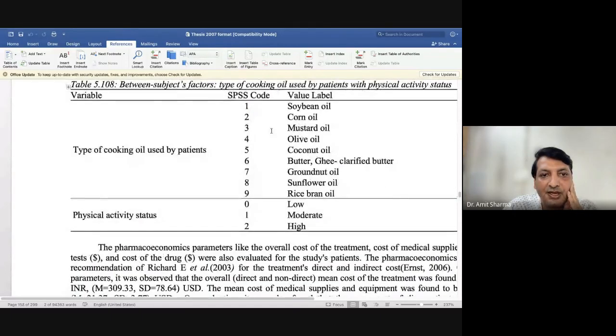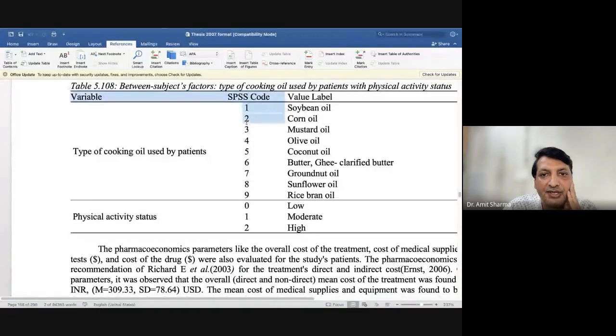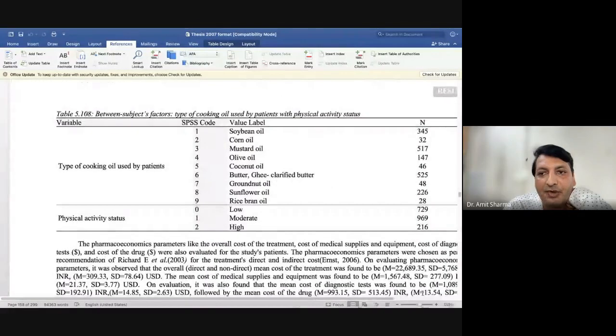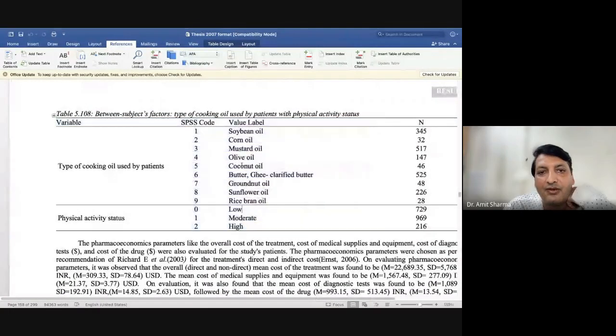Yeah, see, like this table you can add the SPSS code which you have entered in your project, that you can add the first table which we have received in the linear regression. The same table has been added in the thesis, and here you can mention that code 1 was given, and code 1 belongs to what. So for example, physical activity I have taken, but here instead of calorie intake I have taken a variable called cooking oil. Cooking oil consumed by the patient in their daily routine.